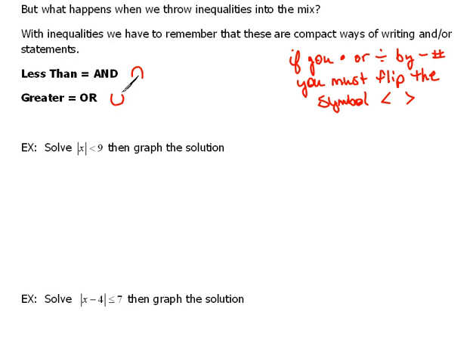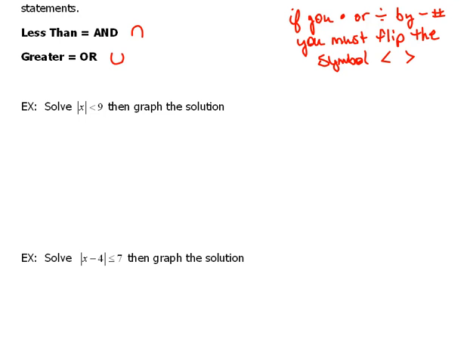Okay, let's try one. This one says solve the absolute value of x is less than 9, then graph the solution. Alright, well, first of all, is this an and or an or statement? Because it is a less than, that's telling us that this is going to be an intersection or an and statement. So now let's use what we know. We know that what's inside this absolute value, we could look at it as the positive, would be less than 9. And